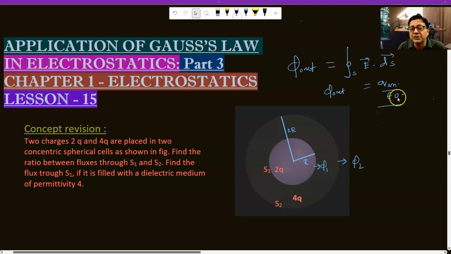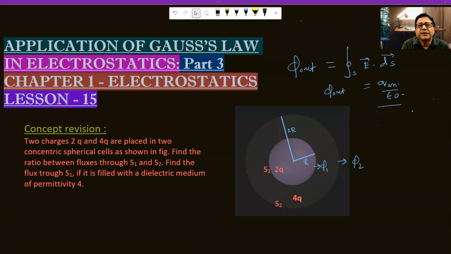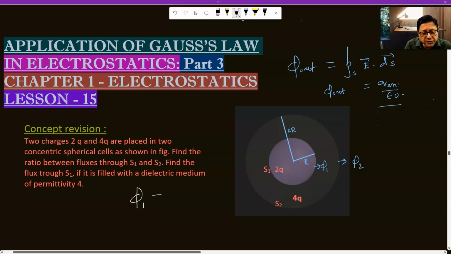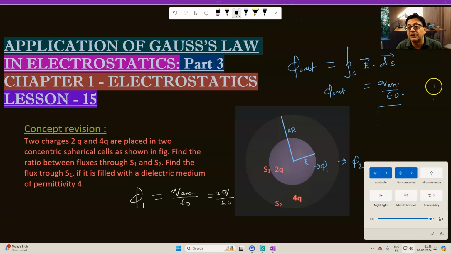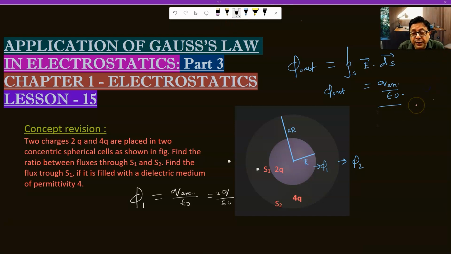What is the charge enclosed here? Phi 1 is equal to Q enclosed by E0. Q enclosed is 2Q, so that is 2Q by E0. But when you consider the bigger sphere, it will enclose 2Q and 4Q, wherever you keep the charge. Intentionally I have taken the charges not at the center. I have taken 2Q close to its circumference, and 4Q close to its circumference. Symmetry is required definitely,